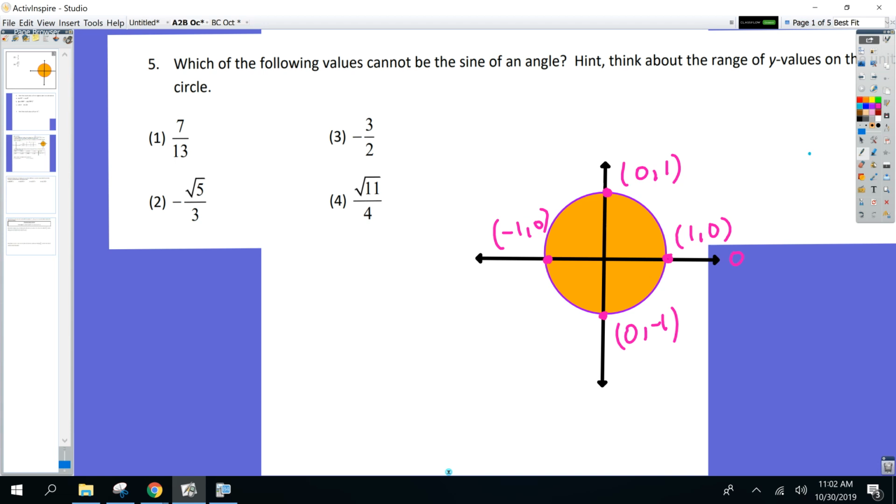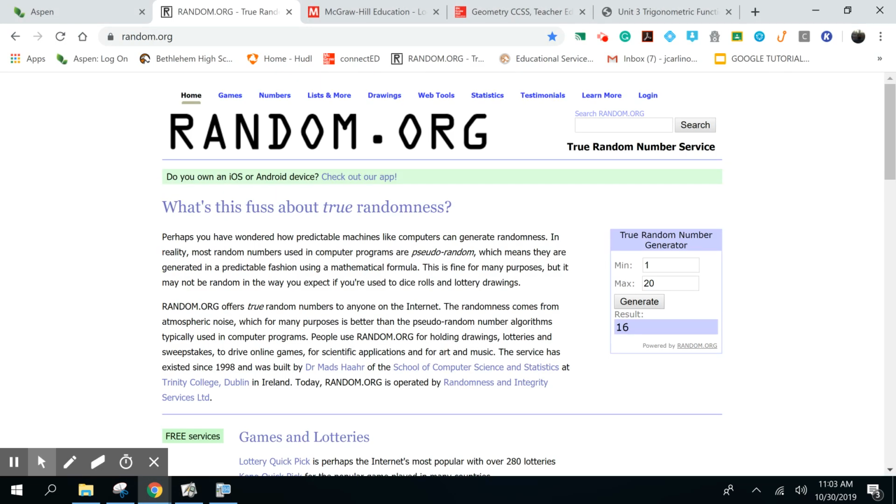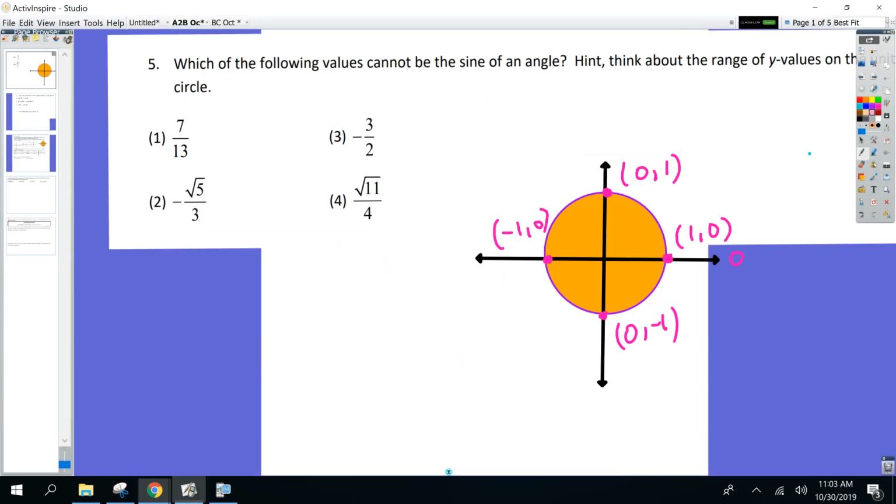in between these points. So I'm asking you now to answer this question. Look at all the y values. What is the smallest y value I have up there? What's the smallest y coordinate I wrote down? -1. Okay? So I'm saying that all the sine values go from -1 to, what's my greatest y